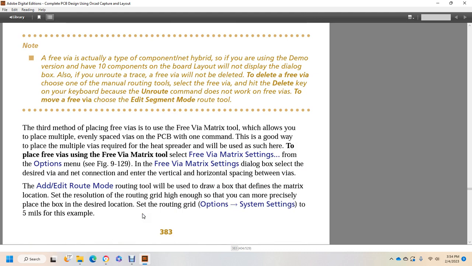A via on the PCB takes only one command, and the good way to place multiple vias is with the heat spreader, using the place free via matrix tool. Select the free via matrix setting from the options menu. In the free via matrix setting dialog box, select the desired via with the net connection and other vertical